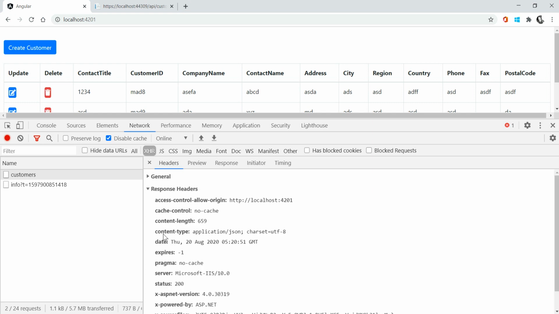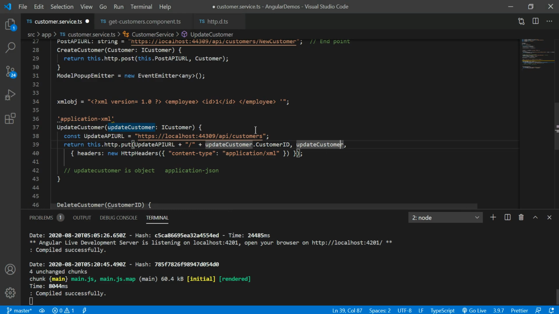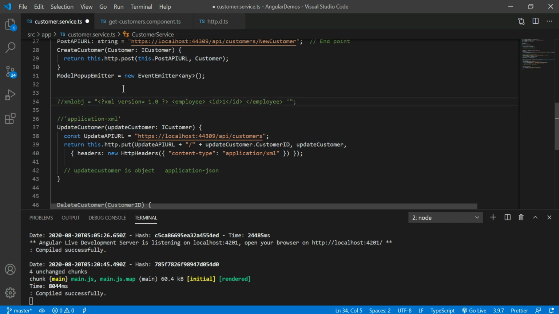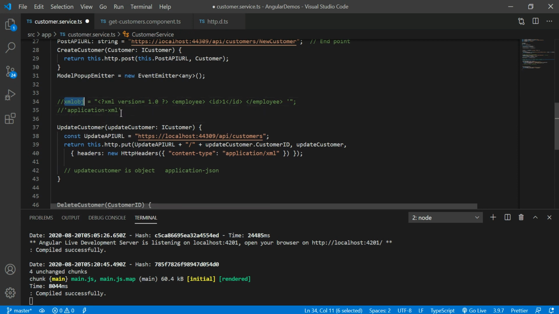So like how we are getting the response from the IIS, the same way you have to design from the request header section. So right now I am telling the web server, take this content as application XML. As per now, this update customer is accepting application JSON only. But this is just my suggestion. When you are going to design XML related formats, you have to create one header section for the application XML.